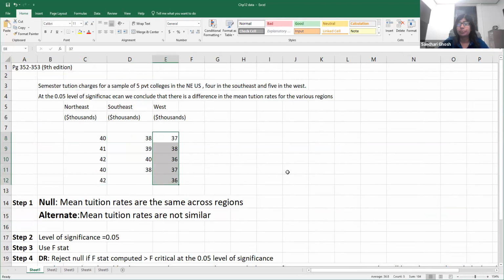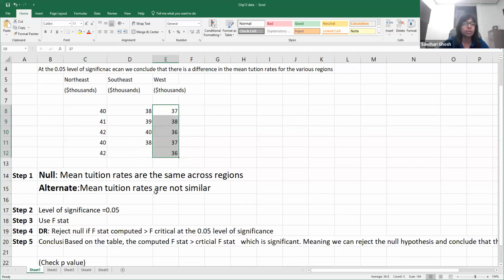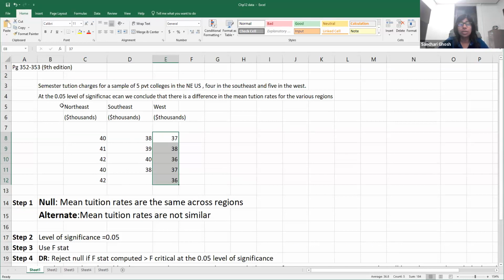Again, all total there are 5 plus 4, 9, 14 observations, but we have 3 kinds of treatments, or in other words, 3 samples. So in that case, we will use the F-stat to do our hypothesis testing. The question being at the 0.05 level of significance,